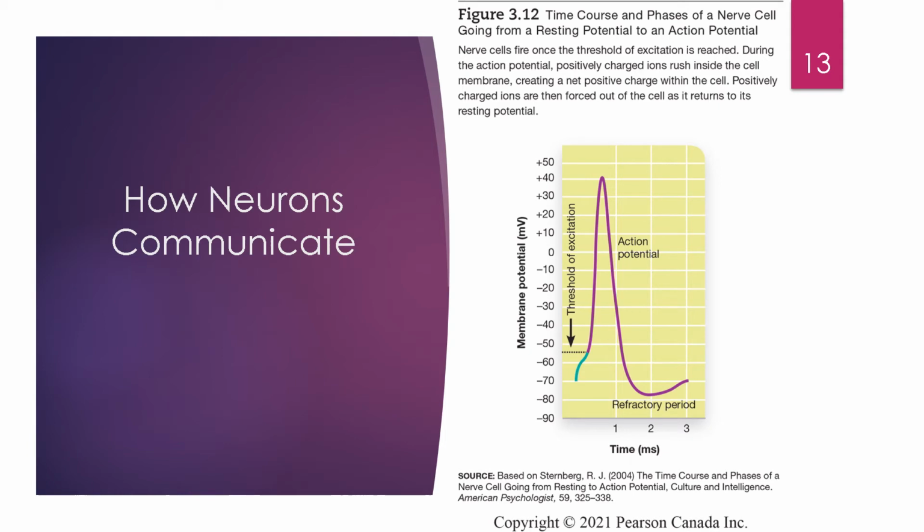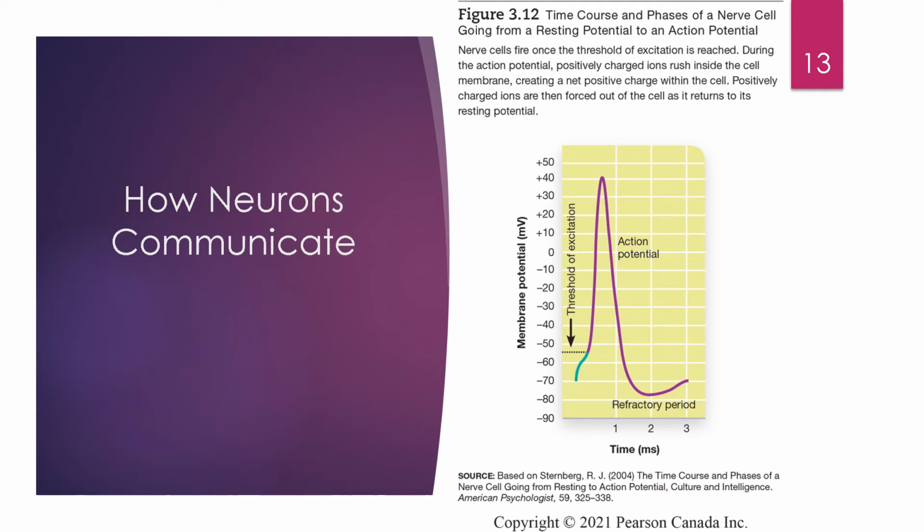And this is a graphical representation of what's going on there. So again, if it's at -70 and slowly the ions are coming in, and then it reaches, say, that threshold of excitation we were talking about, that threshold for firing of, say, maybe -55, then all of a sudden, very quickly, that action potential occurs, right? So you see the really big spike up. It goes up, in this case, just past positive 40,